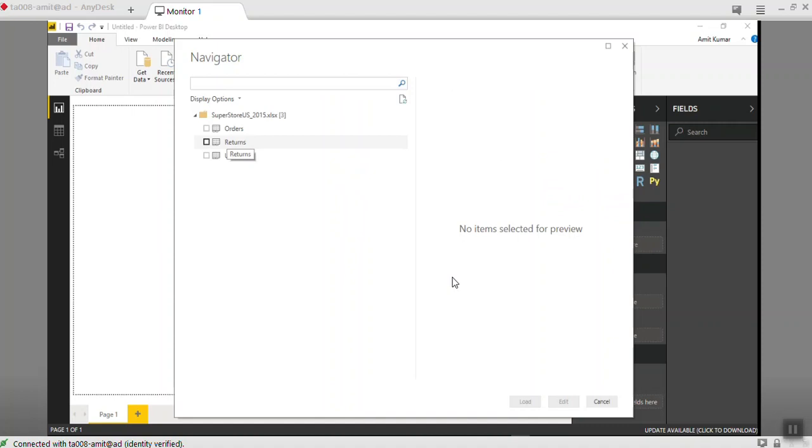So now we'll choose the queries, whatever table we want to load into the Power BI desktop. All 3 can be loaded. Multiple selections are available, or you can choose among your sheets whatever sheet you want to load.